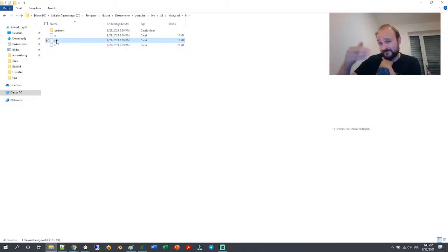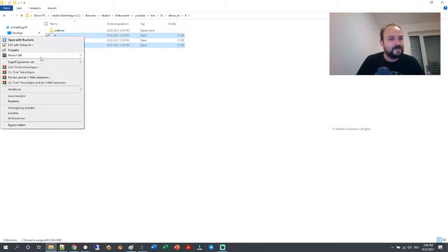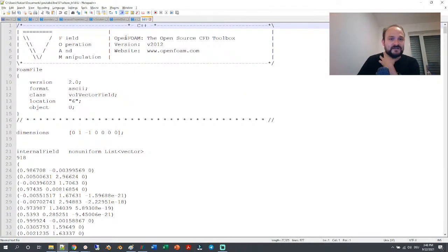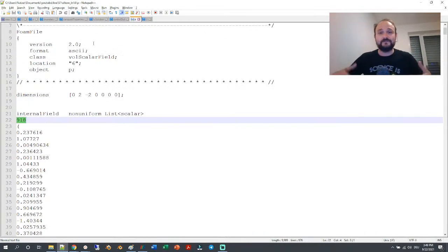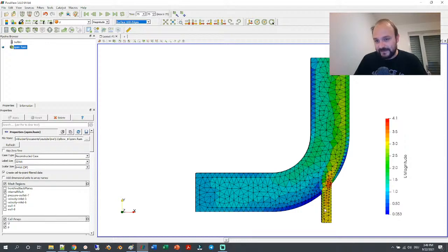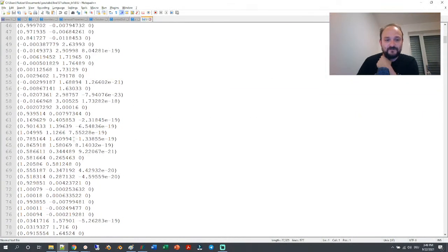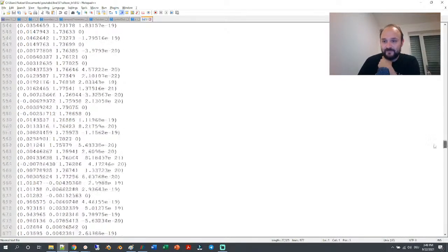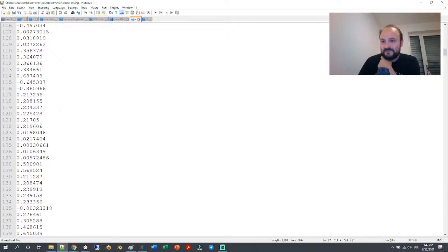Phi is, as I mentioned, this flux through the surfaces, but this is not something physical. But if I just open up the results for the pressure, we have now a long list of 918 entries. So we have 918 cells. If you want to count through, these are 918 cells, and then each cell has a pressure value, and each cell has a vector for the velocity. Then in the very bottom you still have your boundary conditions,